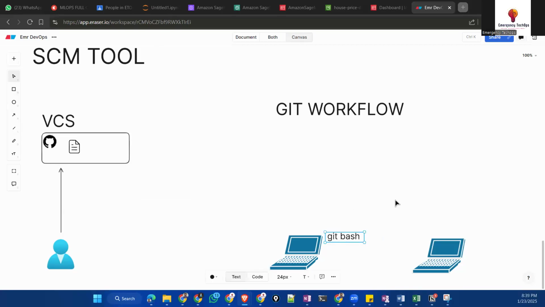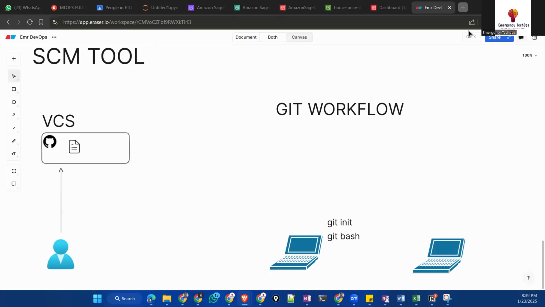Once I install Git Bash, I need to run the git init command. Whenever you're communicating with the Git tool, you have to give a command called git.